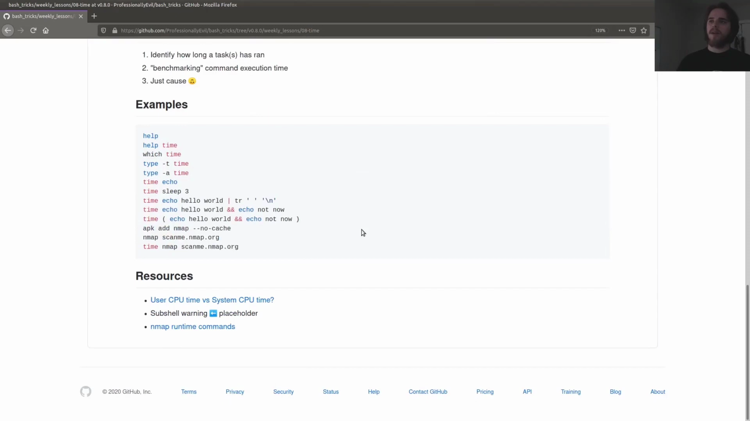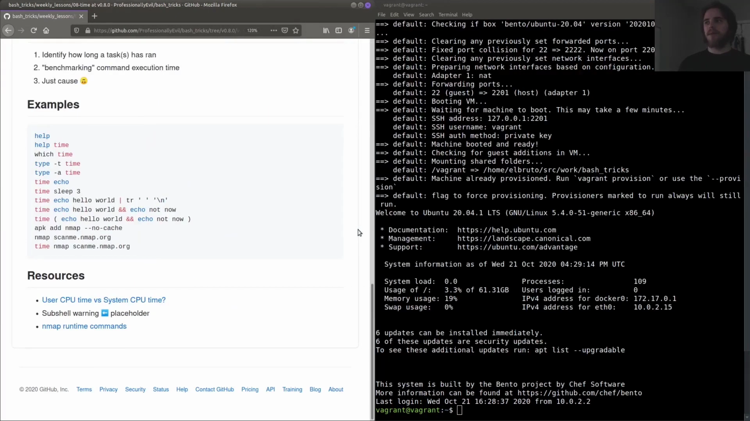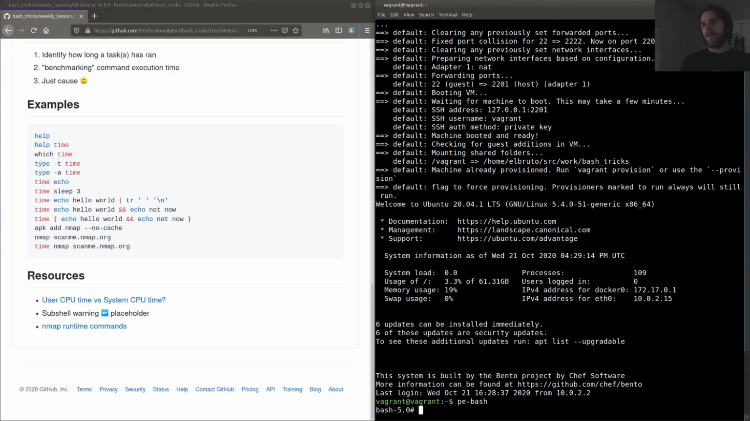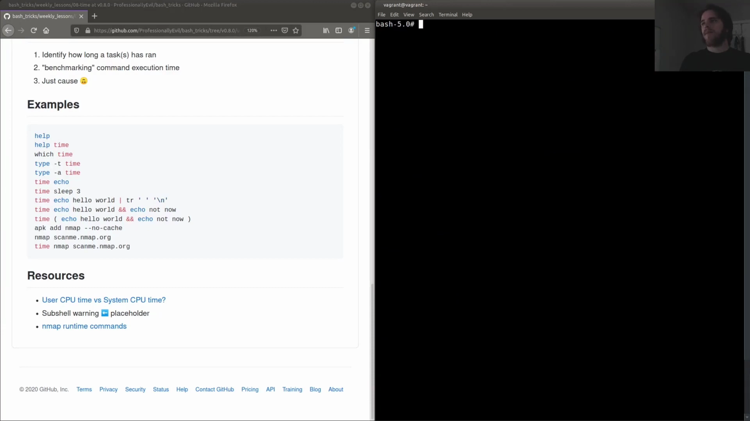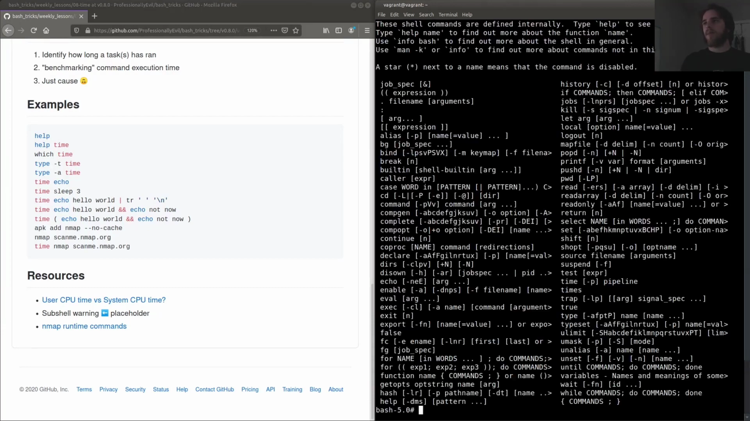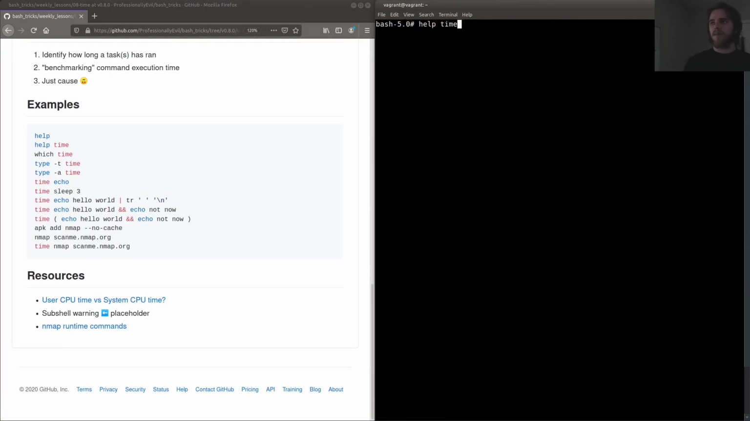Alright, we've got our examples, and I'm in my bash tricks VM. We're going to do bash to get into the Docker container, and then we're going to do help. One of the things that you can see is that there is a built-in time command. So if we do help time,